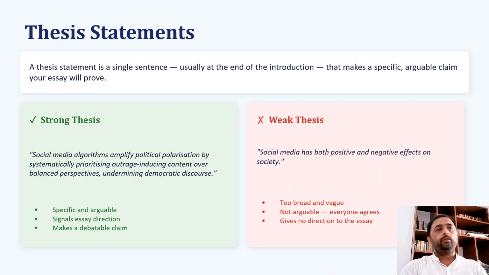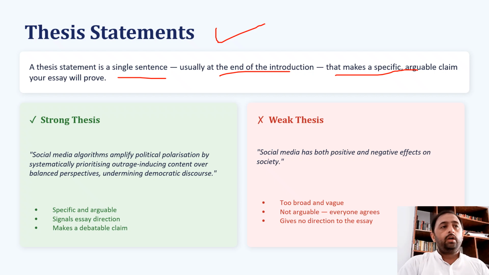So now, what is a thesis statement? A thesis statement is a single sentence, usually at the end of the introduction, that makes a specific arguable claim your essay will prove. Remember, this thesis statement is not the title of the dissertation or a thesis. It is something else. I have some strong thesis and weak thesis examples for you to understand